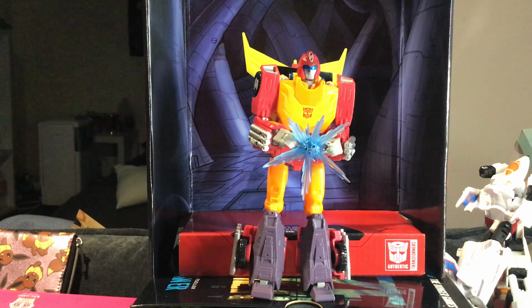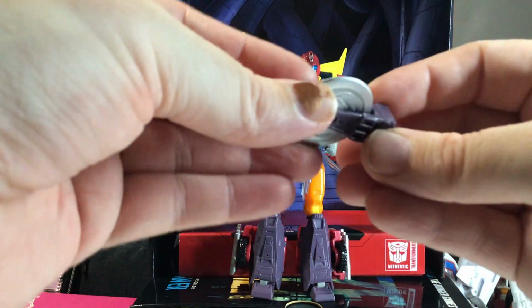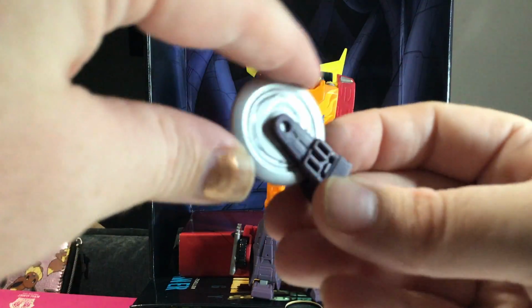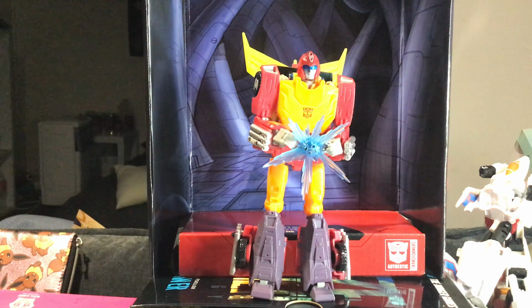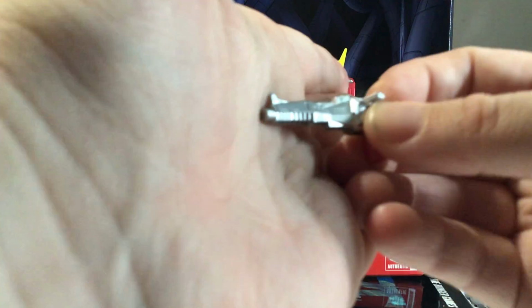Taking a look at his accessories first. Here's his buzzsaw. See some nice detailing on there. I think he actually used this to help free Cup when Cup was being attacked by the giant squid. If I remember correctly. And of course he comes with 2 guns,